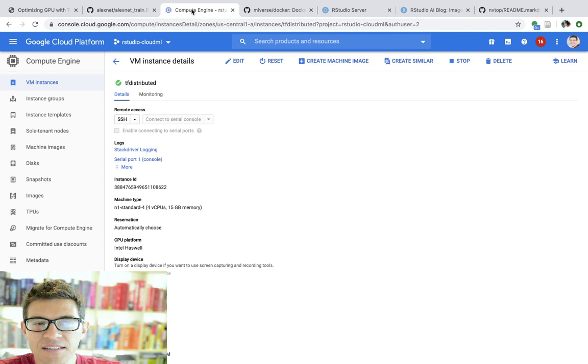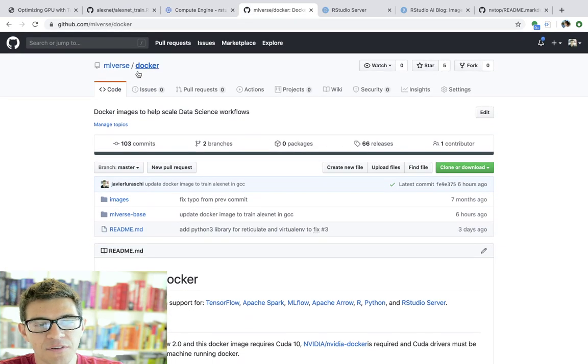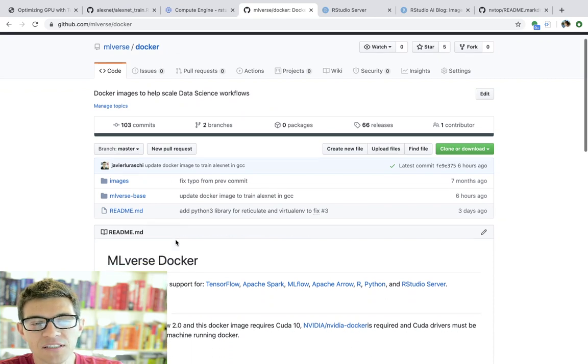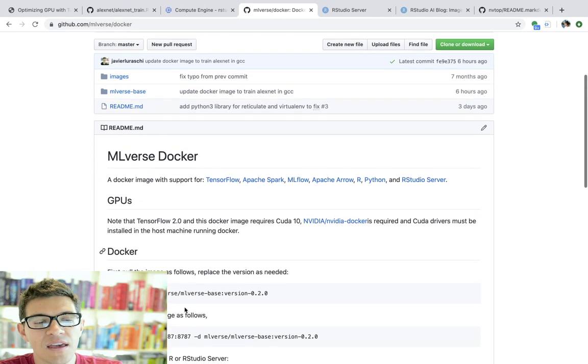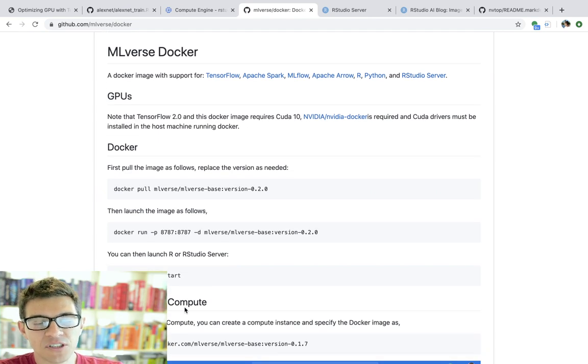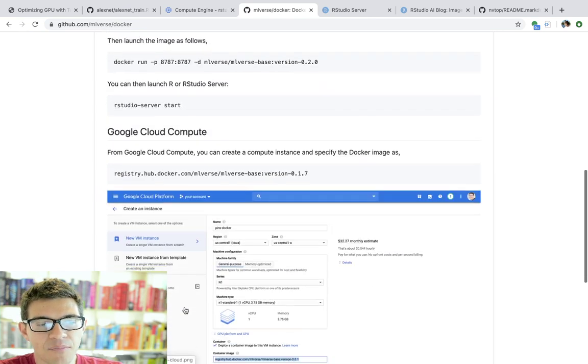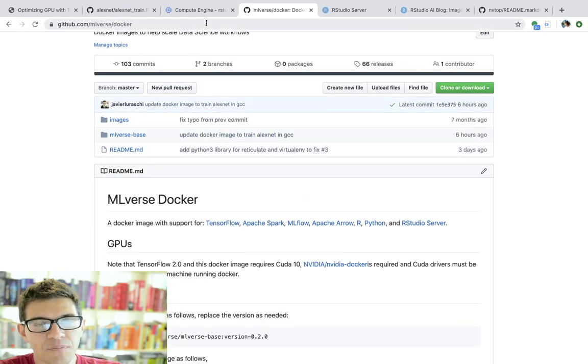We already presented in a previous video how to set up a Google Cloud instance with GPU support for TensorFlow and R and RStudio. And the way that we did that in the past was using the MLverse Docker image, which for this video has been updated, and now it's simplified and only installs RStudio server. So it should be much easier to get up and running. But you can take a look at the repo,